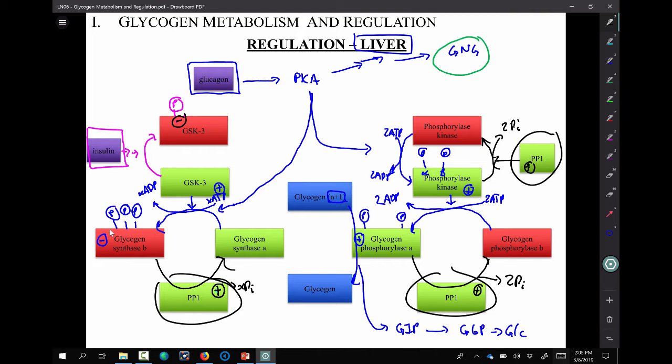Okay. If glucose concentrations in the cell are going up, then that would seem to indicate that either the liver is no longer excreting glucose at a very fast rate, or it's not utilizing glucose for its own energy needs, or a combination of the above, or blood glucose has gone up and the liver is starting to absorb glucose. In all of those cases, PP1C or PP1 should become active,